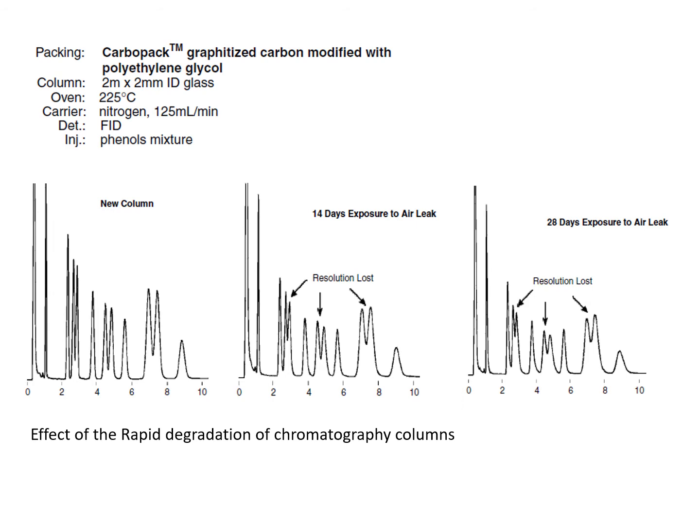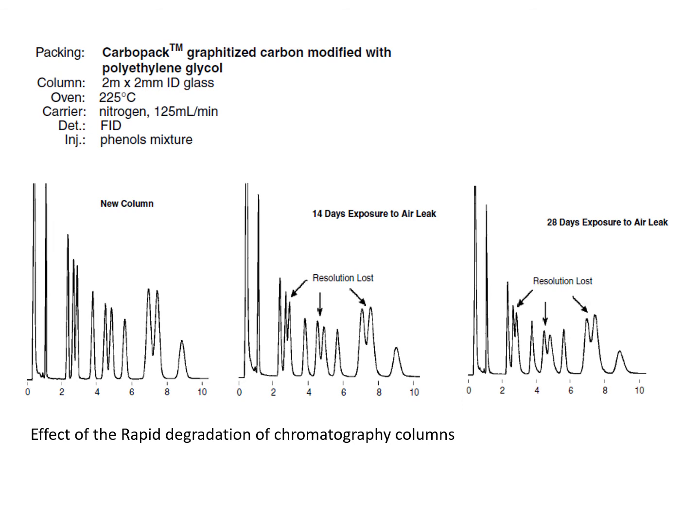If you can observe the given chromatogram properly: before, when the column was new, the separation was not very good, but still okay, class. There are some unresolved peaks. But after 14 days of exposure, the separation was very bad. It is gradually decreasing. And after 28 days, the sensitivity of the column is even worse, and